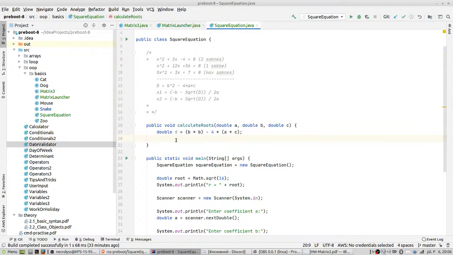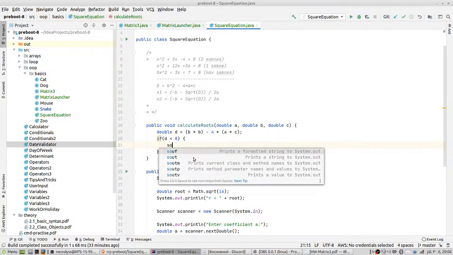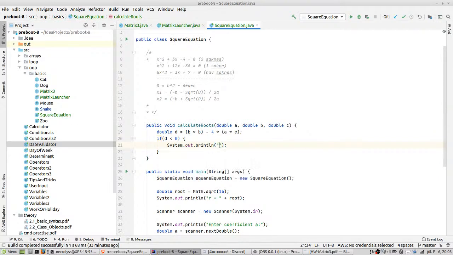Of course we have imaginary numbers, but maybe Java even knows about them, just not in the context of the usual square root. So if this discriminant is less than 0, we are just printing no roots. Okay, for these 4 lines of code, so please